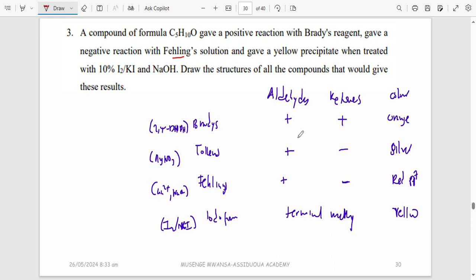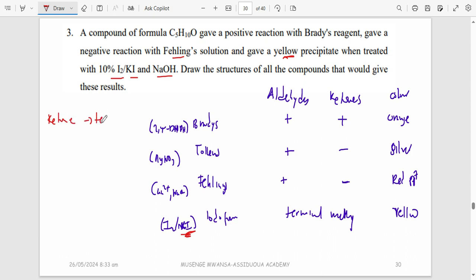It's not an aldehyde. It's a ketone. Just from the word negative Fehling's, it's a ketone. And when treated with iodine and potassium iodide in sodium hydroxide, it gave a yellow precipitate. What does it mean? It's a positive iodoform, meaning that it has got a terminal methyl. So it is a ketone